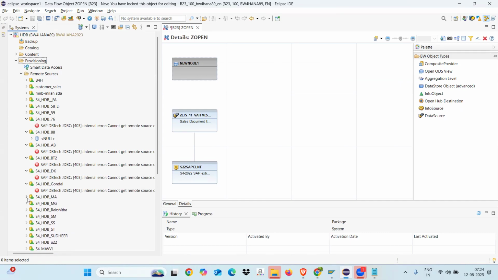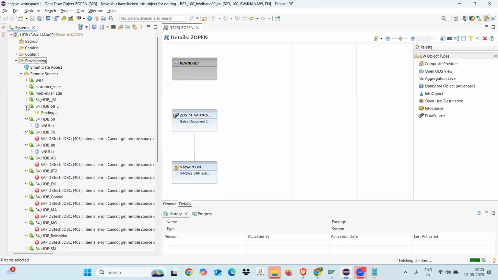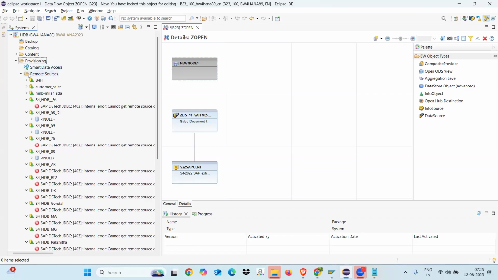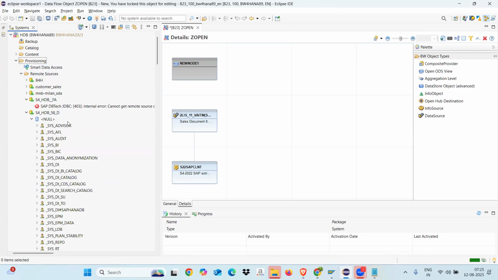Whenever we are getting Oracle or Salesforce data, then we will perform Smart Data Access. So in the interview, they will ask you about Smart Data Access. When you are getting data from non-SAP systems, then we will use Smart Data Access. We will create the virtual table. How will you create the virtual table? So here you can see